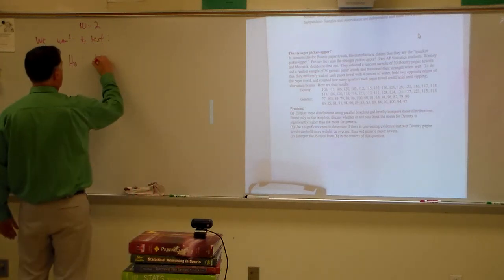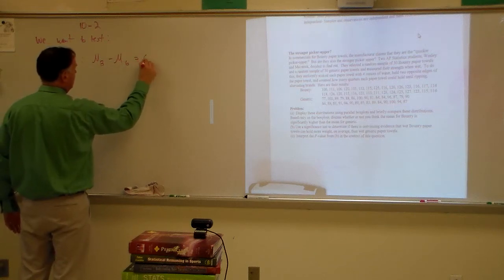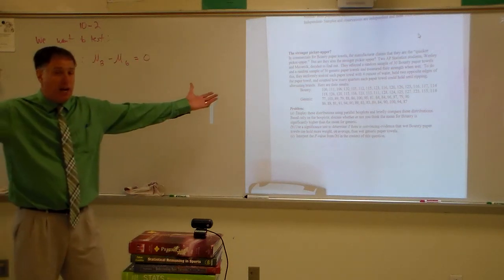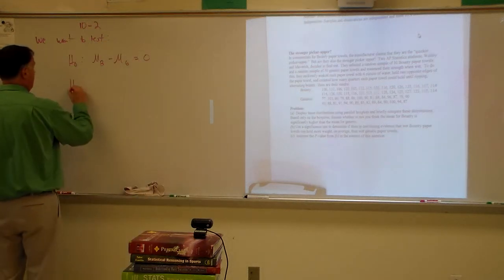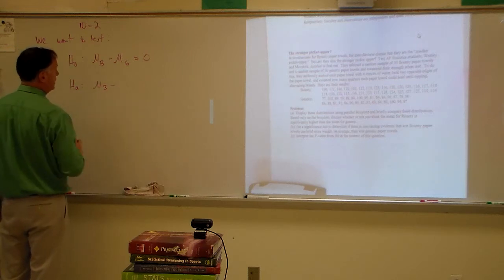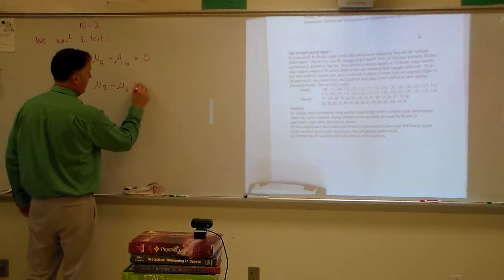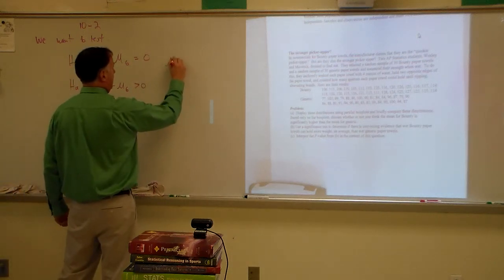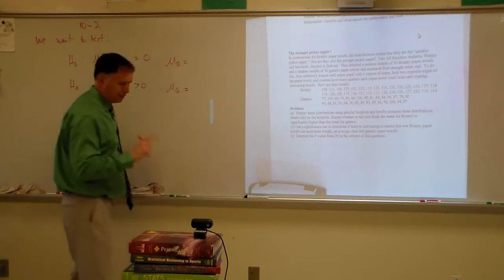The mean for Bounty minus the mean for generic is equal to 0. There's no difference, okay? And then the alternate is the mean for Bounty minus the mean for generic is greater than 0,